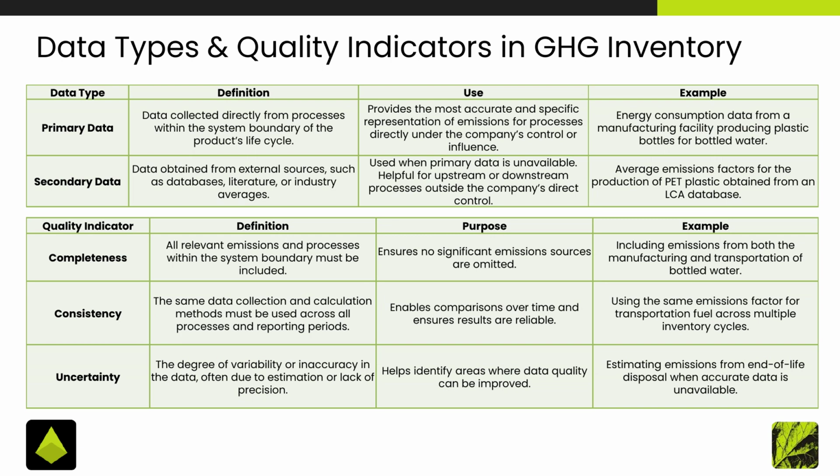In terms of quality, completeness captures all relevant emissions, avoiding omissions, such as the manufacturing or transportation of bottled water. Relevance ensures data reflects actual operations, enhancing comparability using the same factors for all processes. Precision minimizes measurement errors, ensuring reliable results. Addressing uncertainty identifies areas for boosting data quality, especially when high-quality direct data isn't available, providing clarity and direction for